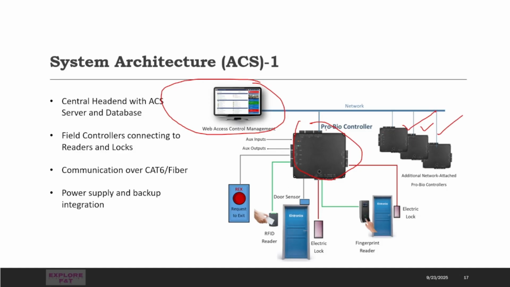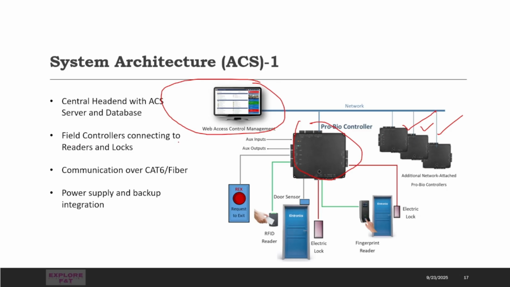Suppose this controller is only used for two doors, and if more doors are there, like four doors or five doors, then if five doors are there, we have to add two more. So this will cover two doors, this will cover two doors, this will cover two doors. If a total of eight doors are there, we have to add one master controller and three slaves will be there. Okay,